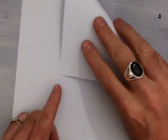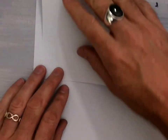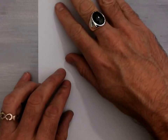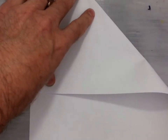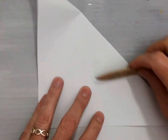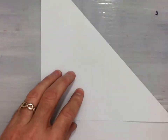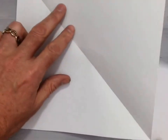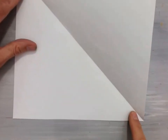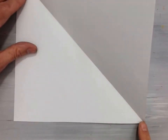I'm going to take the top edge here and fold it down so that it lines up with the outside edge here. As I fold this, making sure that the edges here are exactly parallel, and then I'm going to use my bone folder to crease that paper right along the diagonal so it's a nice strong valley fold. Then I'm going to remove this bottom portion of paper. Now, if I am doing this correctly, we want to have this part, this valley fold here along the diagonal,